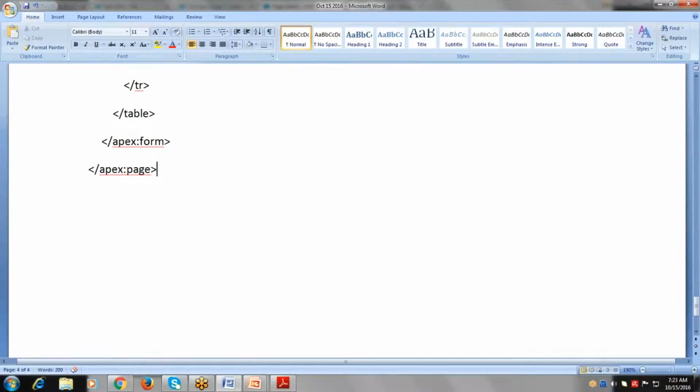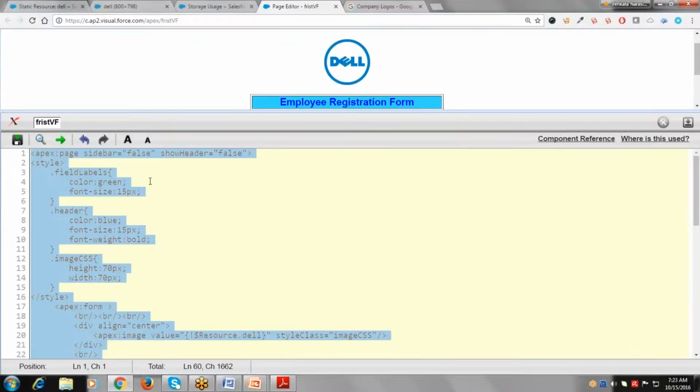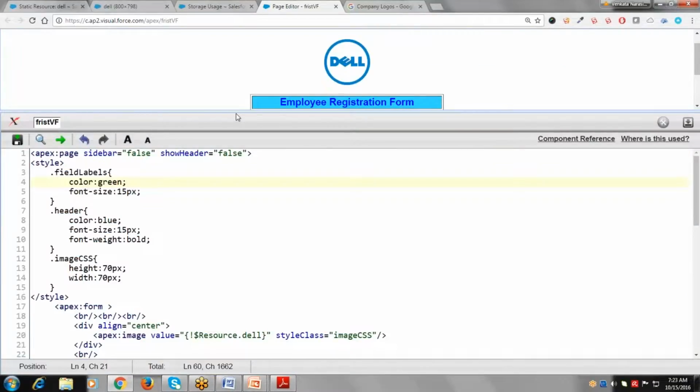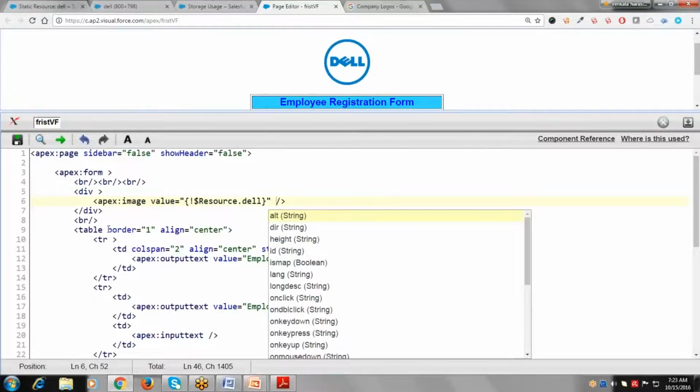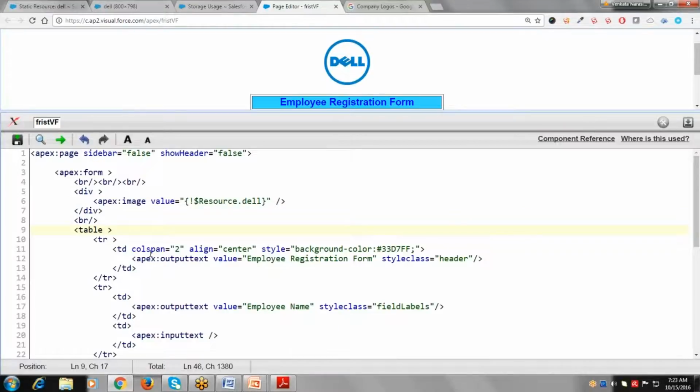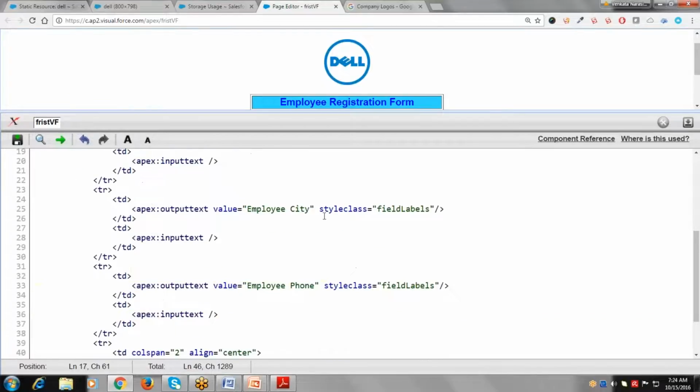Let's just remove all the CSS classes and see how the page looks like. I would like to remove this CSS, and this CSS, and this one, and this is also CSS. This is inline CSS. I would like to remove everything, and this column span is also part of the CSS. Let's keep align equal to center. These are all the CSS classes. So this is also CSS. I'm just removing it to show you